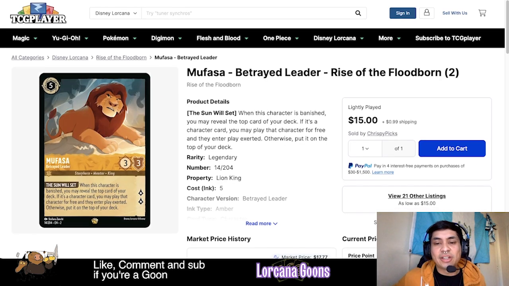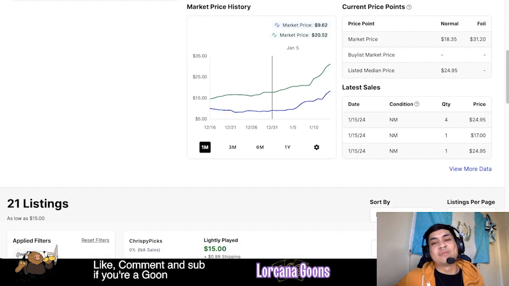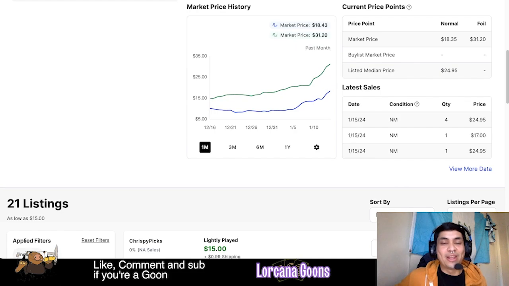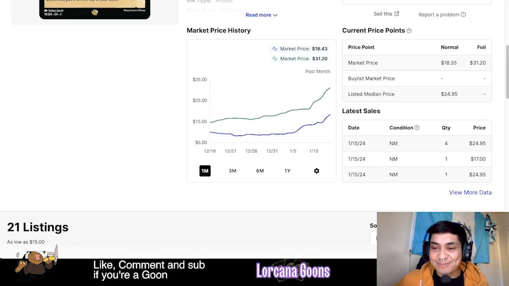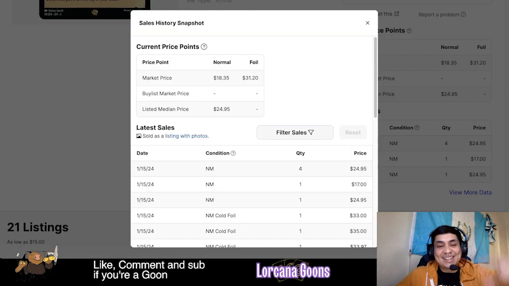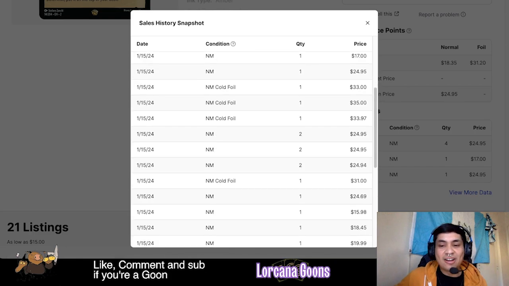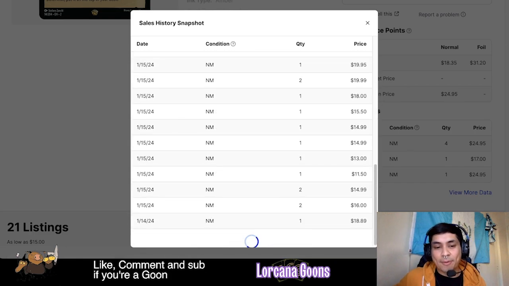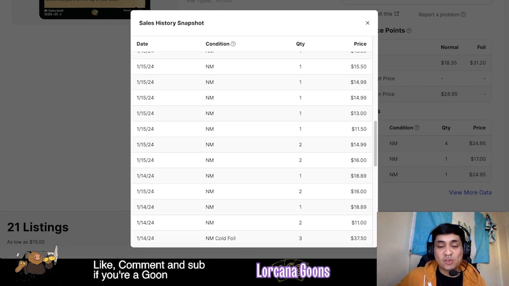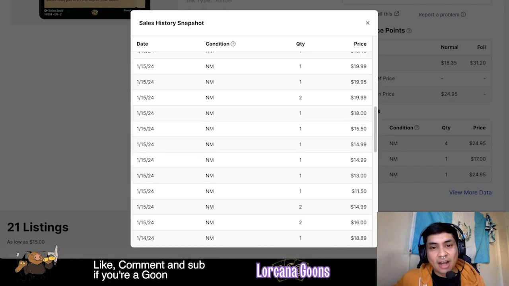Mufasa, Betrayed Leader, another card that I mentioned that you guys should have been getting before, in the previous market watches. I was just looking at this chart, but let's look at the sales for this. Wow, okay, Mufasa's going up in price. This is awesome to see. The non-foils having an abundance of sales, multiple selling for that $15 to $20 range from the 14th to the 15th. But today, a lot of them are selling for